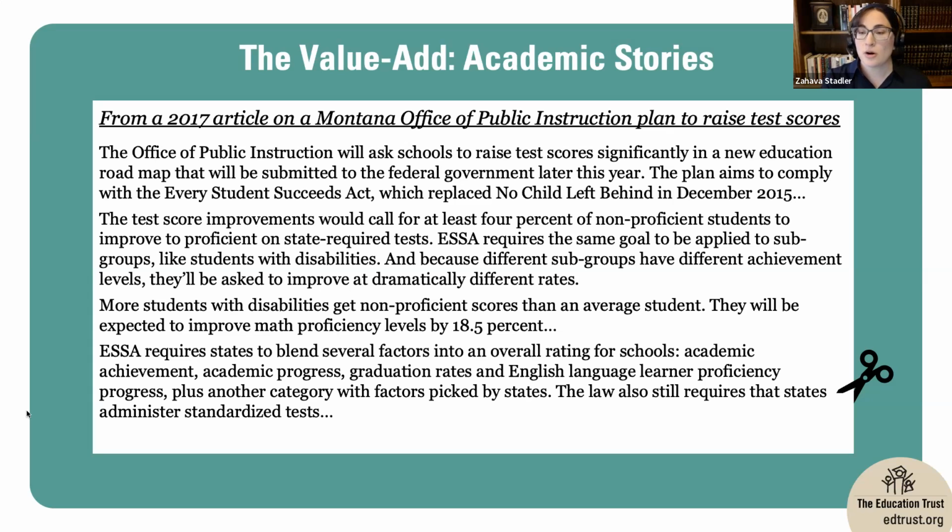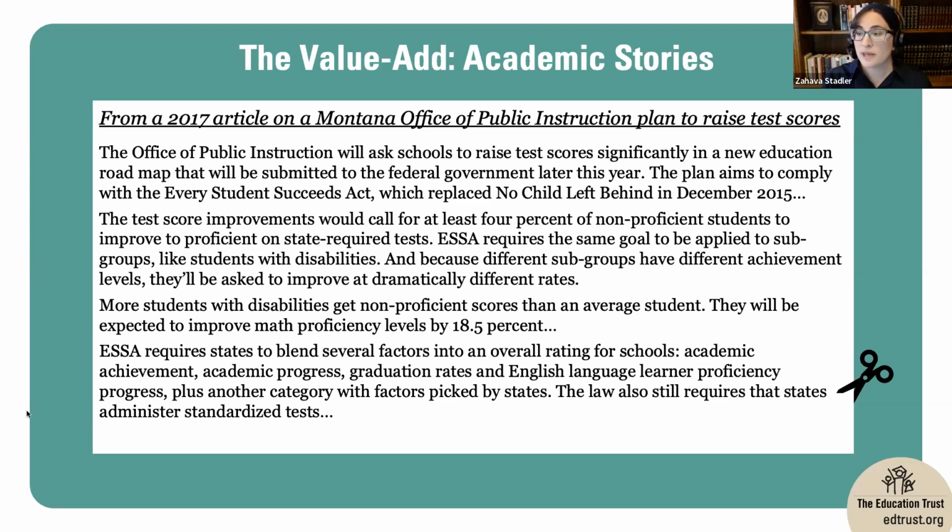So this is an article about a Montana state plan to improve student academic performance scores. There is no mention of funding in this article whatsoever. What it does do is cover the goals and requirements that the plan has for several student subgroups. So I would suggest, again, I'm a biased school funding person, but I would think there would be a significant value add if the reporting were able to easily pull in information about the resources provided in the state to support those different student subgroups.